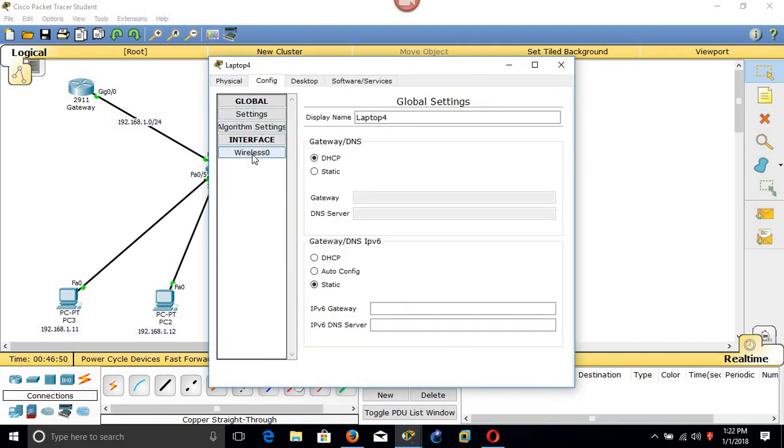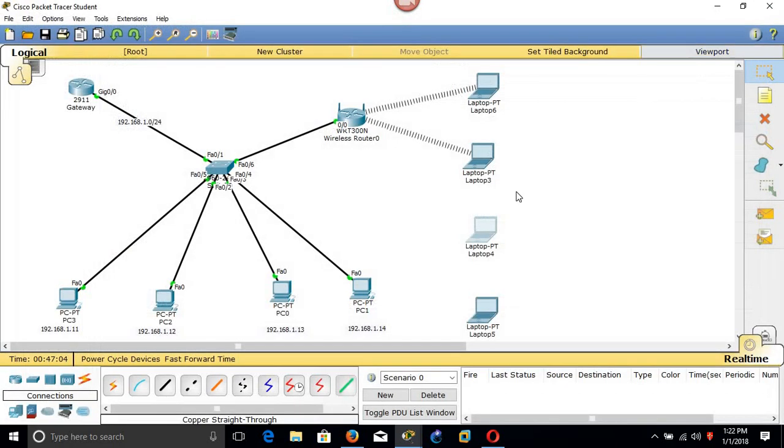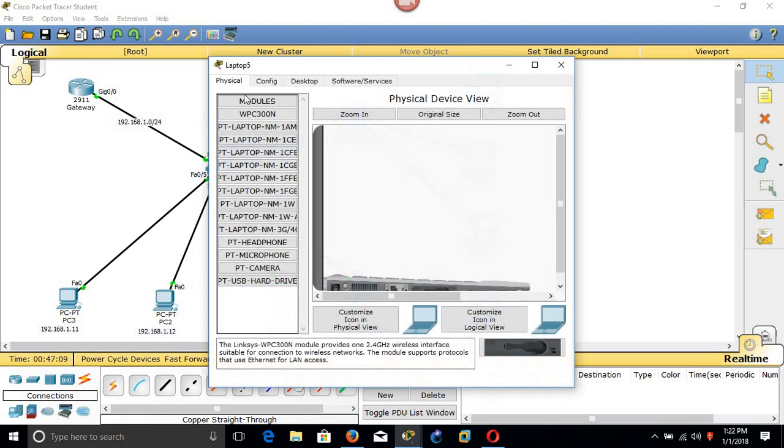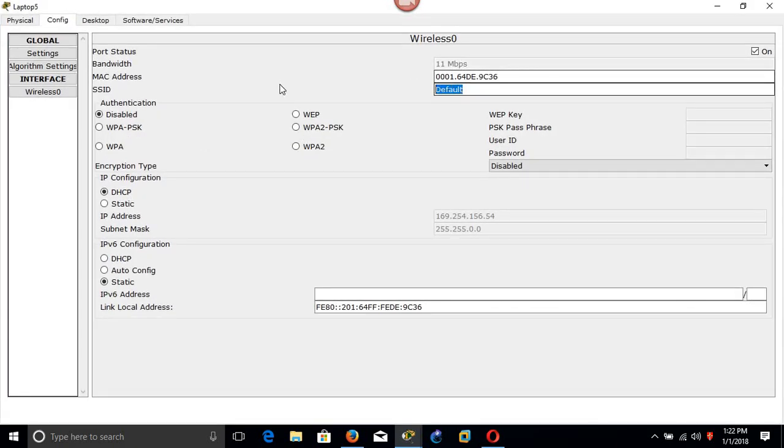Okay, let's come here, wireless. Then this is ReadyFox. This one, 1, 2, 3, 4, 5, 6, 7, 8, 9, 0. Then okay. Then you can see, yes, up to this time is okay. Now let's go to another laptop, ReadyFox, then password 1, 2, 3, 4, 5, 6, 7, 8, 9, 0.